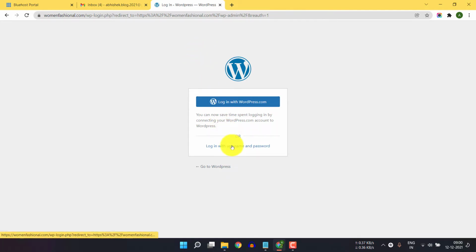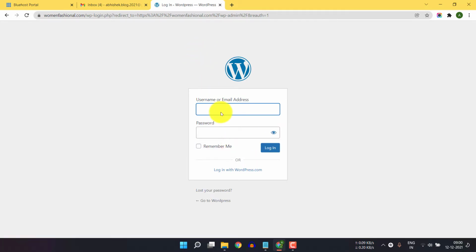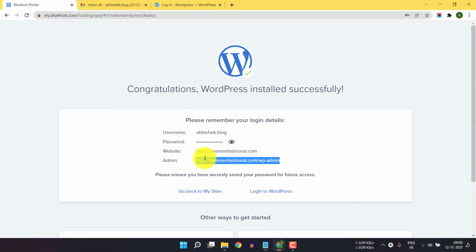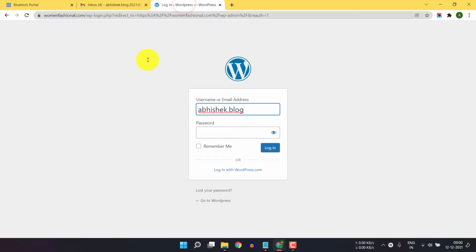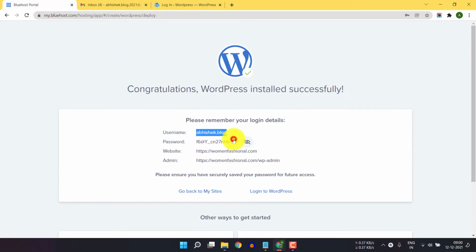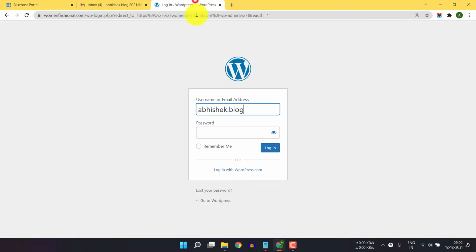So I will click on login with username and password, and let's copy this username, and let's copy the password. Now click on login,